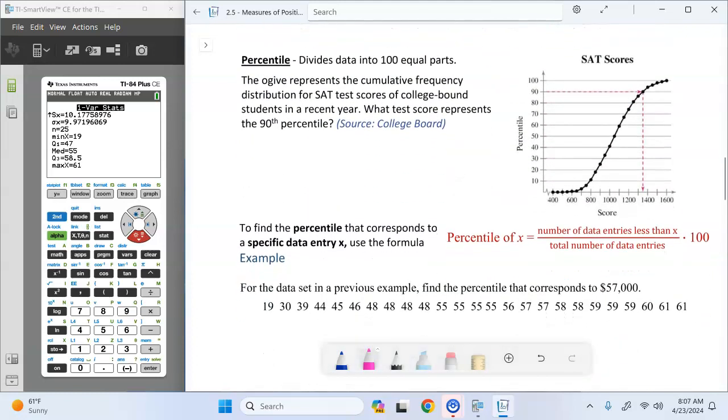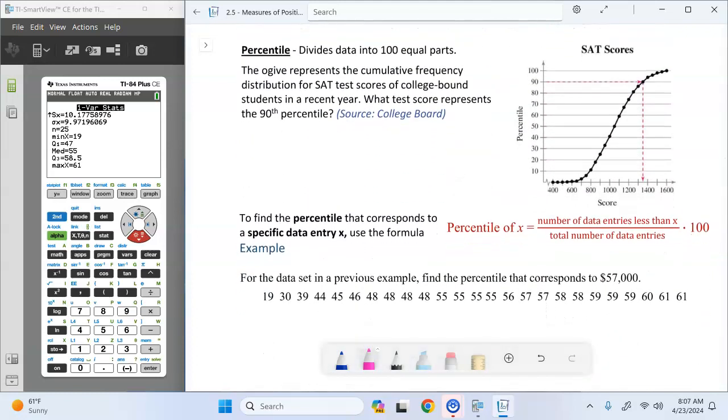Another type of fractile that shows up a lot is the percentile. It's another type of fractile. So usually it's quartiles and percentiles. Quartiles breaks it up into quarters. Percentiles breaks it up into percents, 100 pieces. Okay? An ogive, a cumulative frequency distribution, is generally, or can often be, written as a percentile when